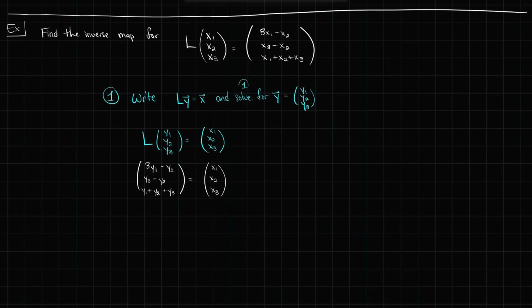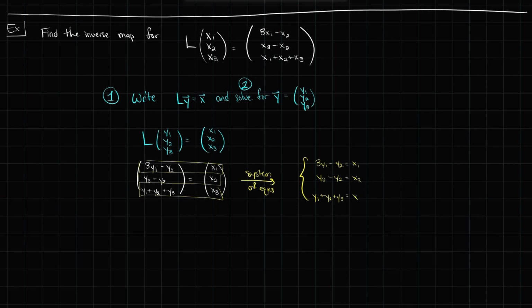Now keep in mind the solve for y is technically step 2. We're going to go ahead and write this as a system of equations by reading off horizontally 3 equations. Those equations are written as 3y1 minus y2 equals x1, y3 minus y2 equals x2, and finally y1 plus y2